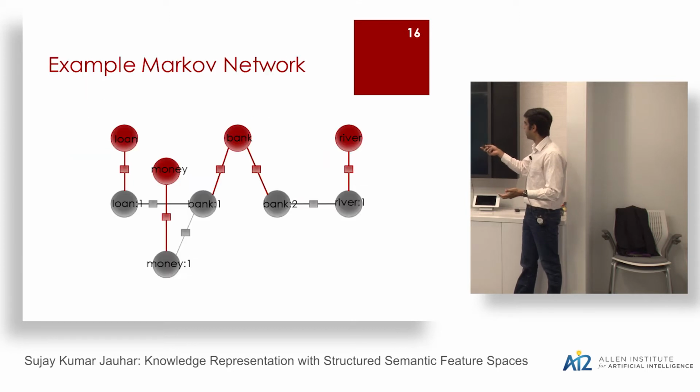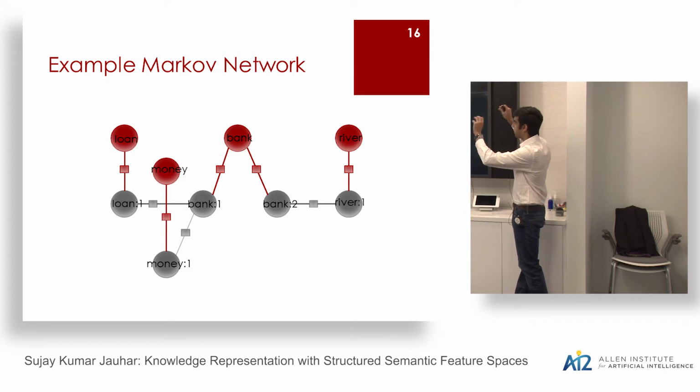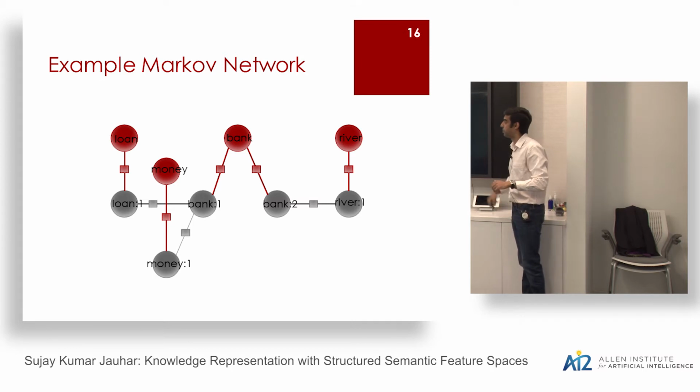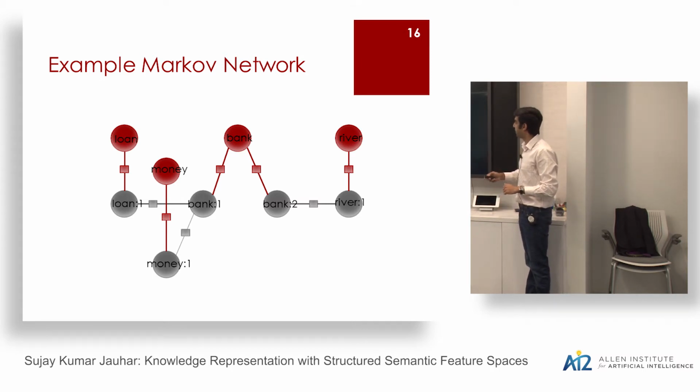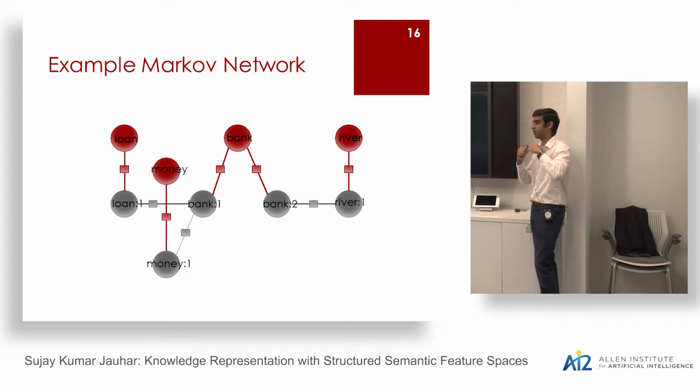Here's a more graphic illustration of this. You have the red nodes, these are the observed nodes. You get vectors for each of them sitting on them. And then you have clique potentials, red to gray, for each of the different senses, bank 1 and bank 2. And presuming that there's only a single sense for river and money, you connect them in this way. And then finally, you have gray clique potentials connecting the different senses one to the other. And you see there's this V structure between bank 1 and bank 2 and the single sense. You'd use the opposing strengths, pulling these two vectors apart, to basically infer the different senses of bank 1 and bank 2.